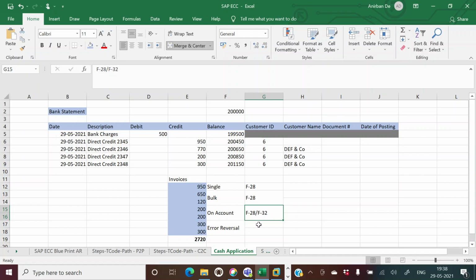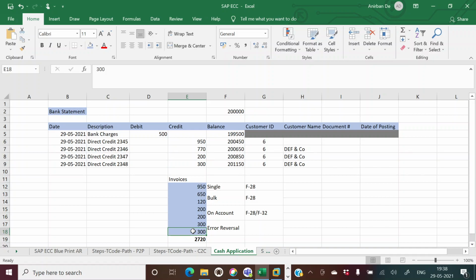Now, sometimes what happens is that we make an error. Suppose this is 300, and by mistake we set it off with this 300 invoice. But subsequently, once we get some information from the customer, we realize our mistake, and that this payment of 300 should be set off with the second invoice of 300.